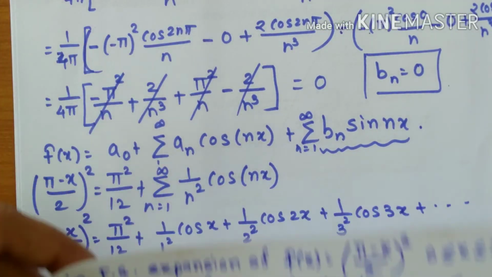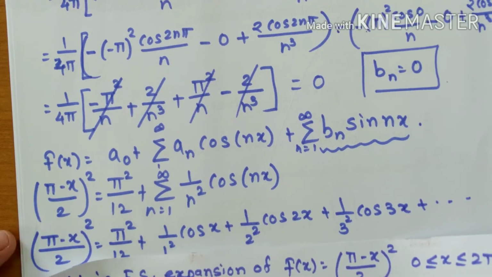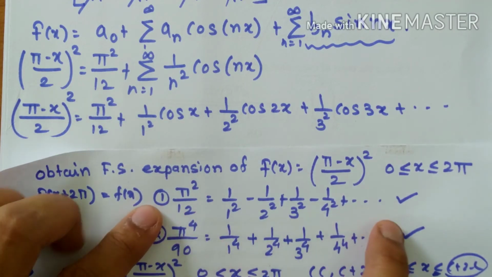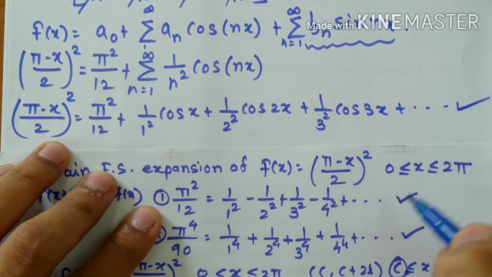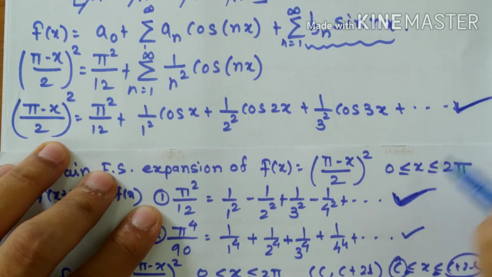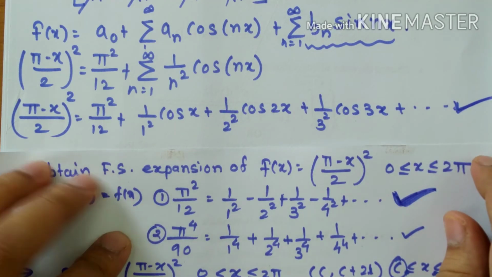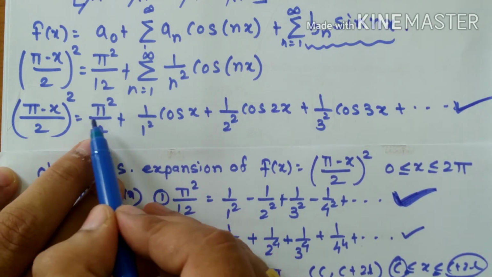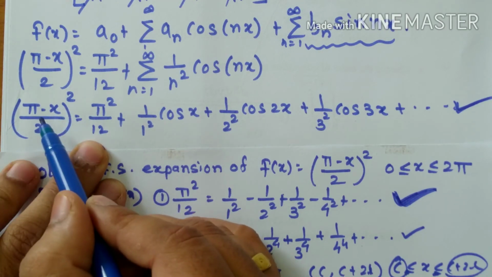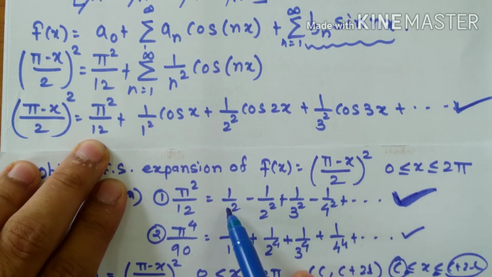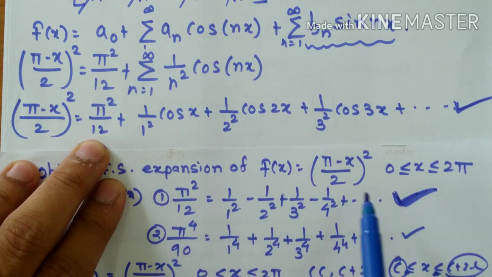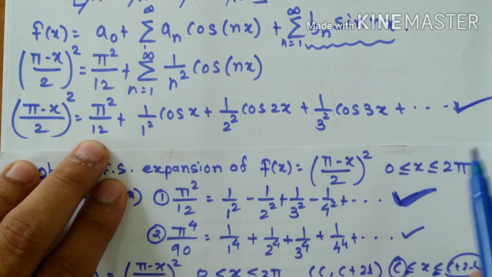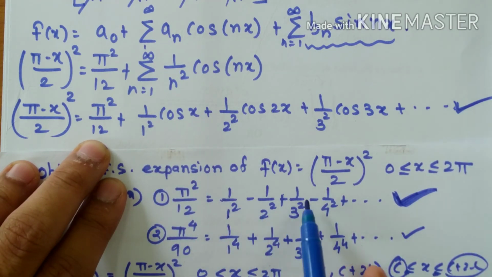Okay, now see, this is the first deduction which I am expecting here. Just have a look at this series and this one. On the left side I require the pi square upon 12, so ultimately this has to be 0. That is number 1. And the second is, on the right hand side, whatever the series is present, having the denominators 1 square, 2 square, 3 square, 4 square, which is already there, but their signs are plus minus like this.